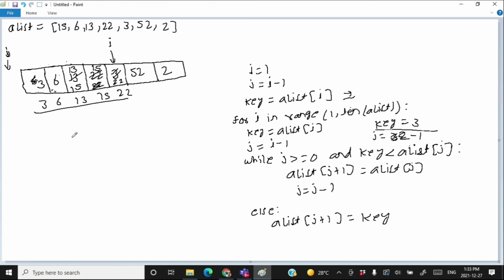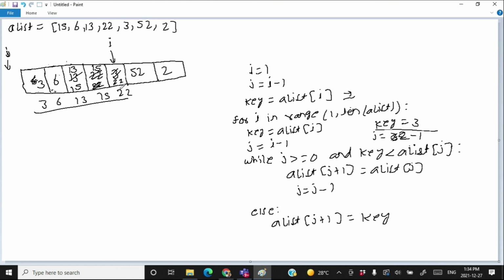The insertion sort performs best if you provide it a sorted list, because in that case you will always find the key is not less than the list at j, and this while loop will not execute at all for any value of I, and we will have very few comparisons and very few operations in that case.